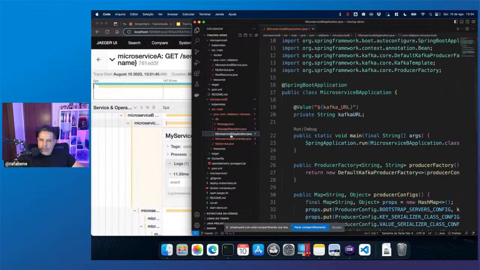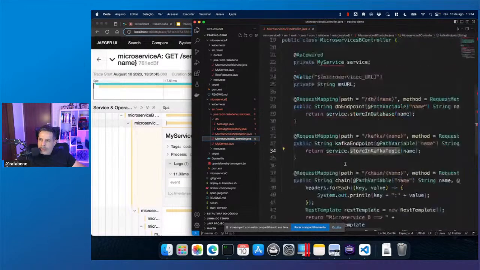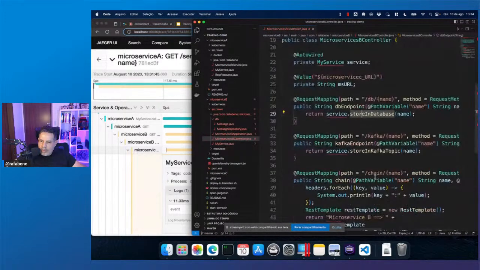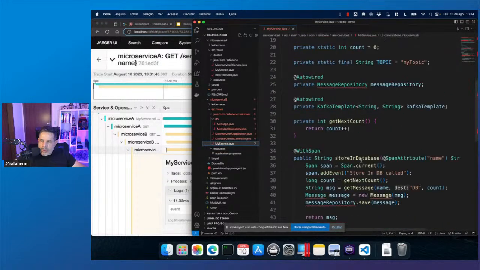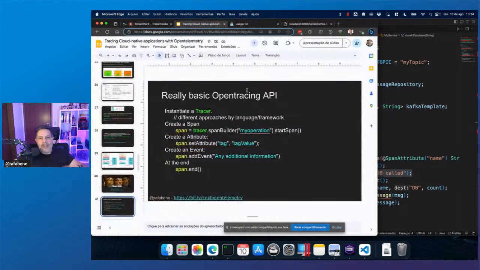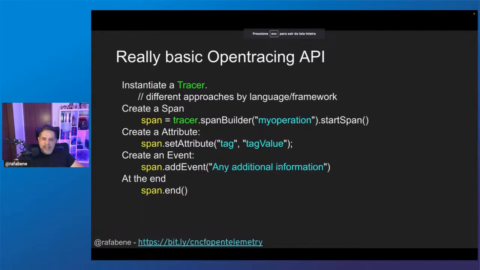Here I got the current span, and then I called the method span add event, store in DB called. It's what you see here. Just like we saw in this slide, span add event, and at the end you just say span end.